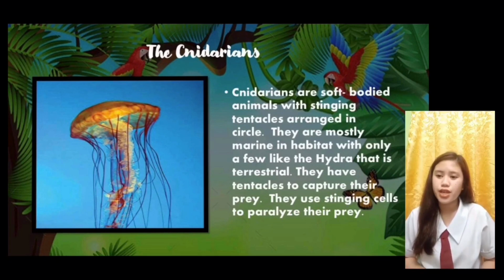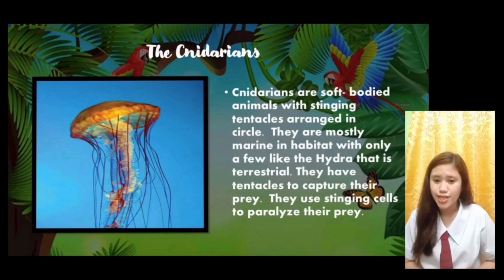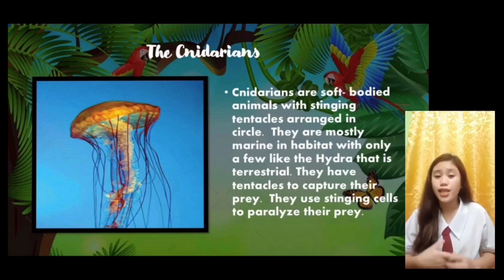Ito pong Cnidarians ay soft-bodied animals po. Kung saan, pag nakita natin siya sa isang tubig or pag pinagmasdan natin siya sa tubig, para lang siyang gulaman na gumagalaw. Pero ito po ay animals, kung saan tinatawag nga po natin siyang Cnidarians, na composed po siya ng kanyang mga stinging tentacles, kung saan yun po ang ginagamit niya para po makakuha or makakapture siya ng pagkain. And ito pong Cnidarians ay meron lang po siyang isang butas sa kanya pong kabuuan, kung saan yung butas na yun po ang nagdadigest ng mga pagkain na kinakain niya.